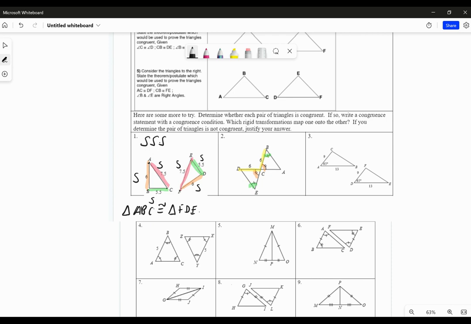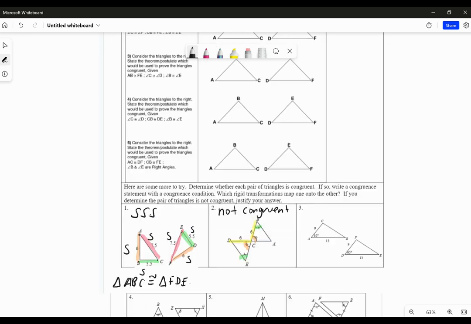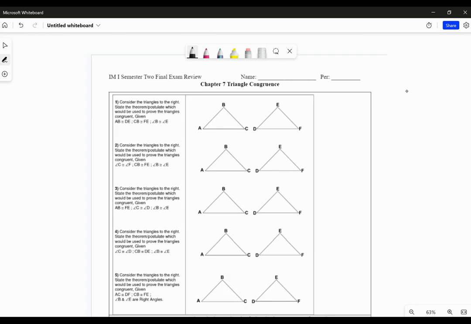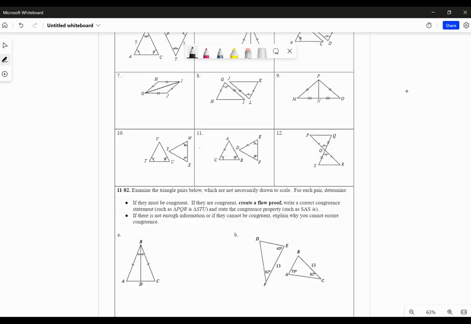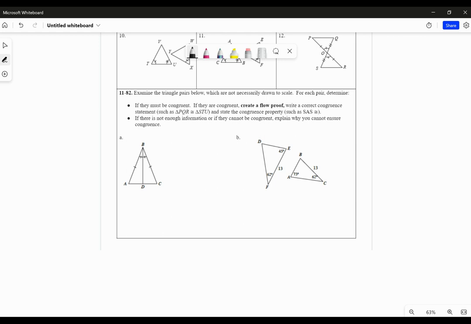So are they congruent? I can't say. So I'm just going to say not congruent for this at this time. Because I need, again, at least 3 pieces of information, except for on a hypotenuse leg. I need at least 3 pieces of information. All right, so that's what we'll be doing with the next triangles. The last one